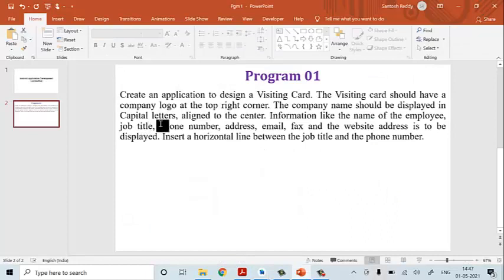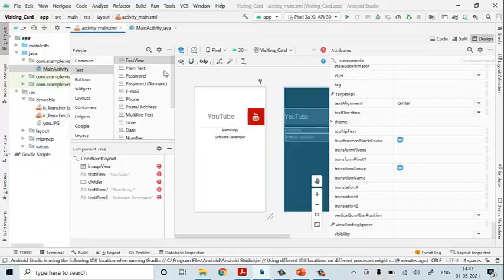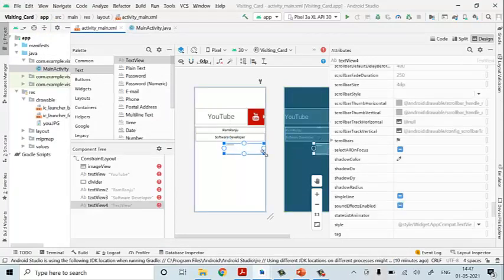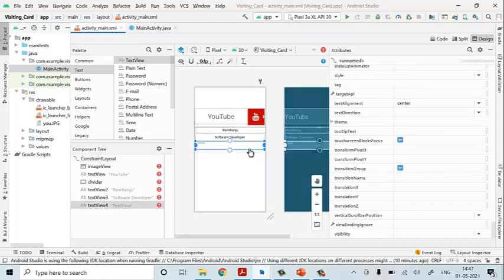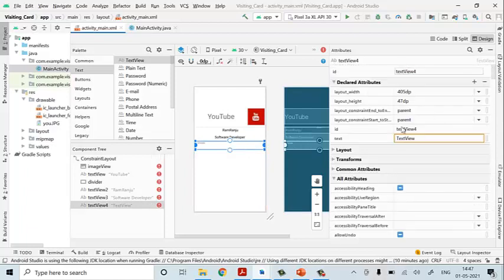Now we need a phone number. So what should we do? Just the same thing, you have to make it a TextView, drag it and drop it. Now you have to enter your phone number in this particular text box. If you want to enter any text into this text box, go for attributes. There will be an attribute called text. You have to enter your value here. So I'll write 9731362837836. Okay, this is my number.